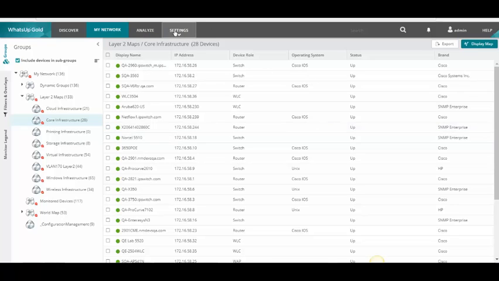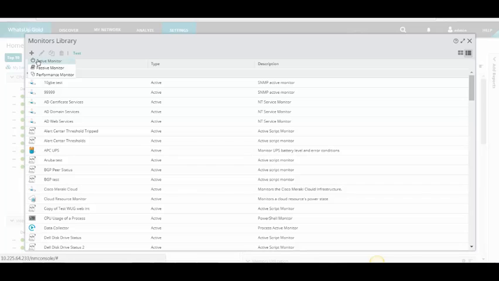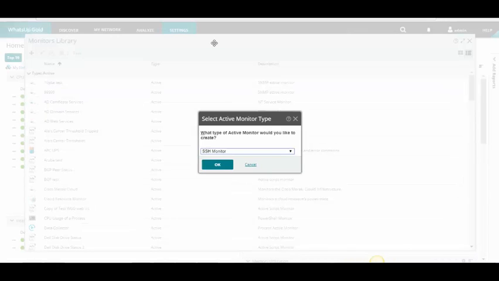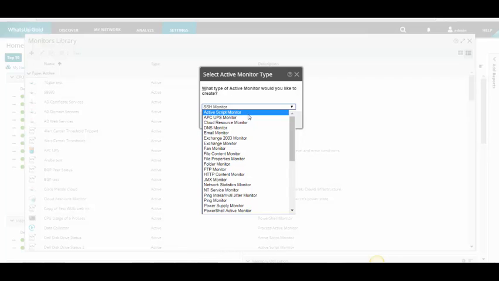The next thing I would like to share with you are all of the things that we can monitor in WhatsUp Gold. And what I like to say is if there is a way for us to get information from the device, we can create a monitor. We have 3 basic types of monitors: active, passive, and performance. Active monitors are going to go out every 60 seconds by default and look for a yes, no, up, down type answer from the devices on your network. And that would be for things such as ping, fan, temperature, power supply. But there are many things you can monitor.